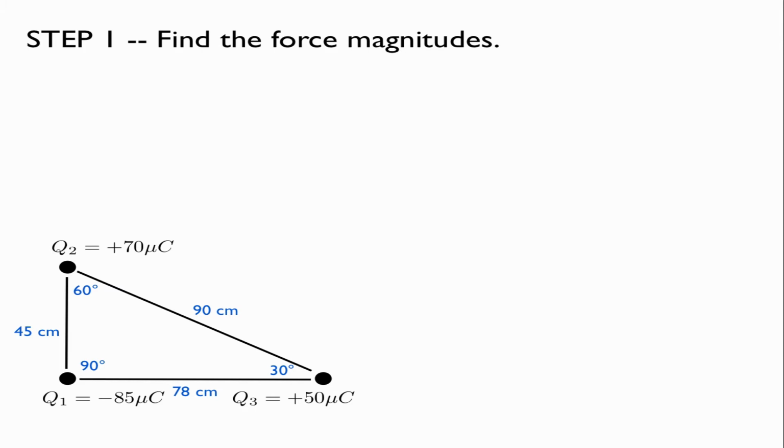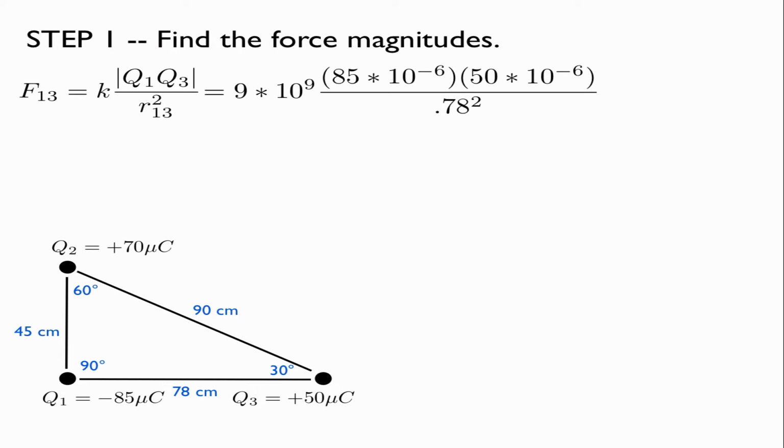Step 1 is to find the force magnitudes. We do this using Coulomb's law. Here the constant K is Coulomb's constant. Q1 and Q3 are the charges, and R is the distance between them. In the units that we're using, the Newton, kilogram, Coulomb units, K has the value of 9 times 10 to the 9. The charges are 85 and 50